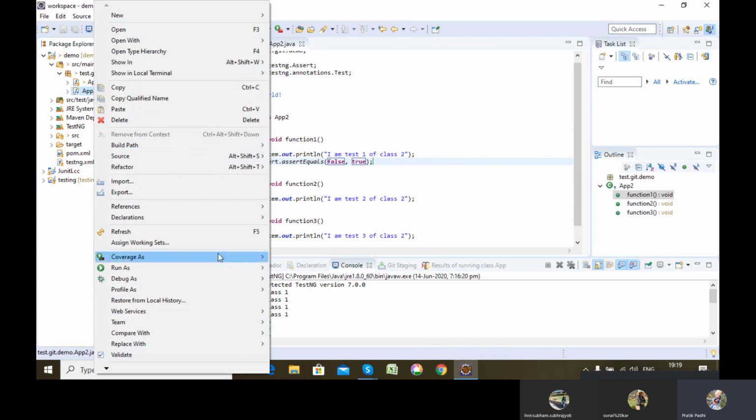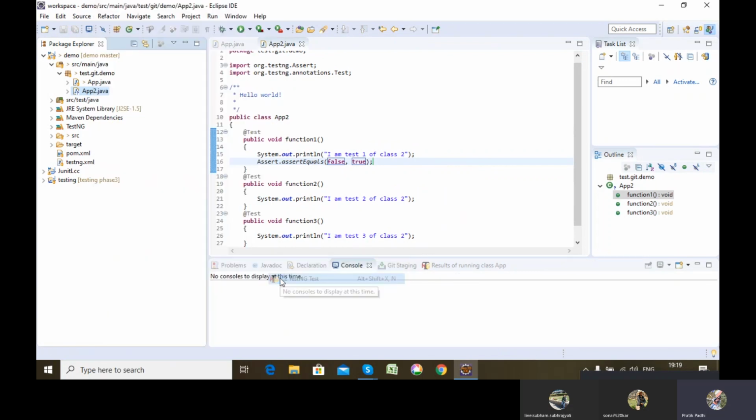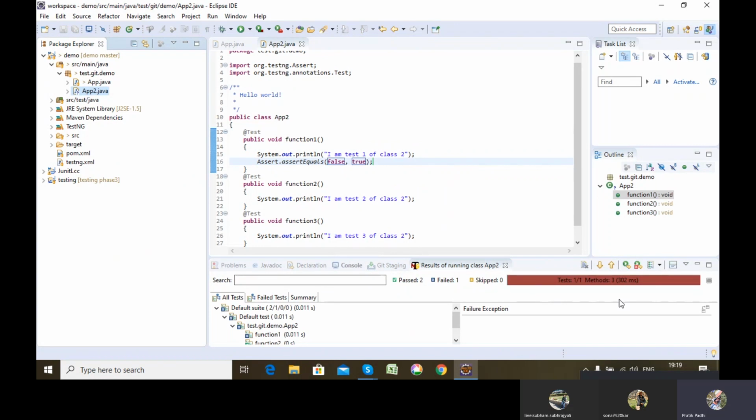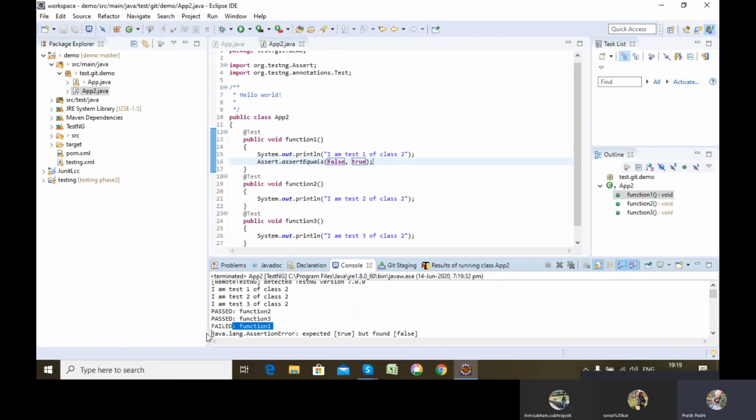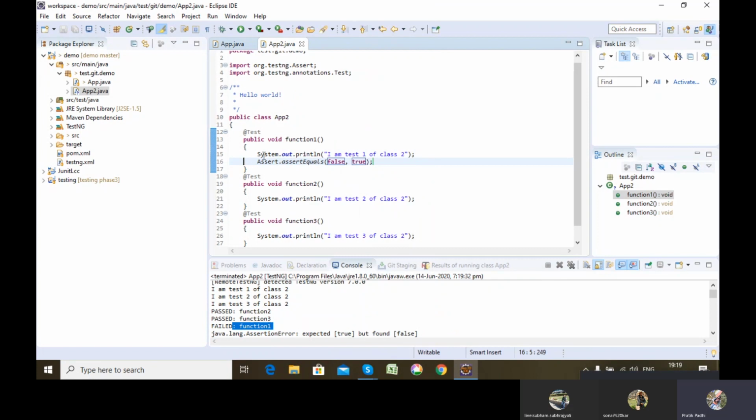Once I run, see in the console, it says failed function 1, which means this particular function failed. Now I have not hooked it up, so function 2 is executing, but now I will use the method so that if this particular function 1 fails, this will not get executed. So for that we'll be using an argument.